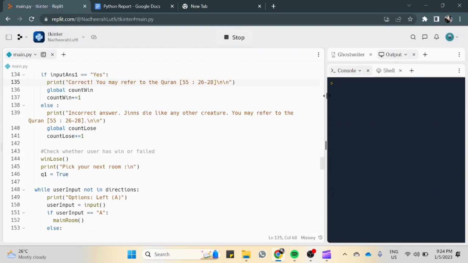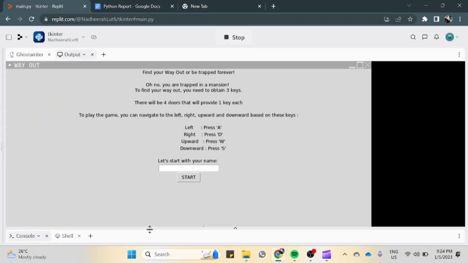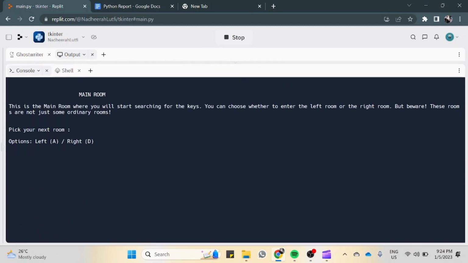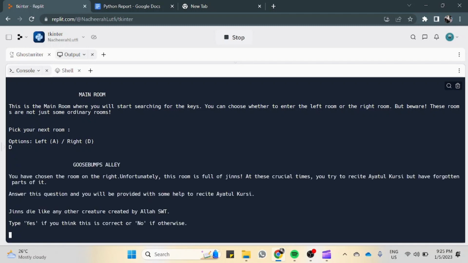So let's take a look at our game. So here is the instruction. Then I will put my name here. Then click on start. Then the system will display good luck, and my name, Atisha. And then the user can continue playing here. So now we are in the main room. I can go either to the left or to the right. So I will go to the right, enter, and then